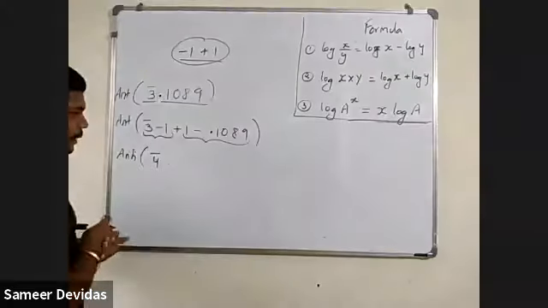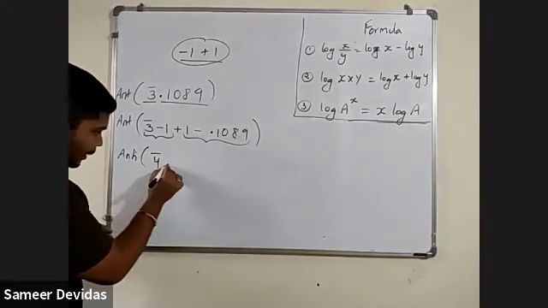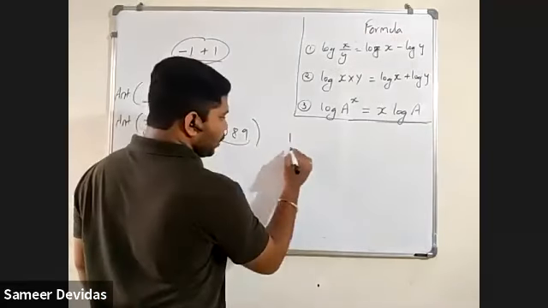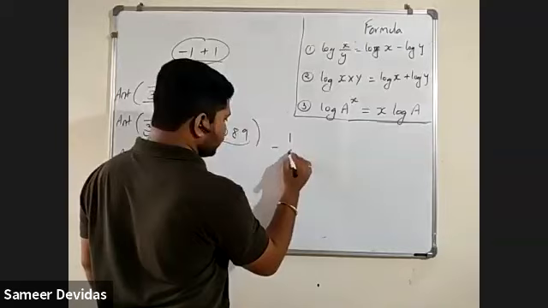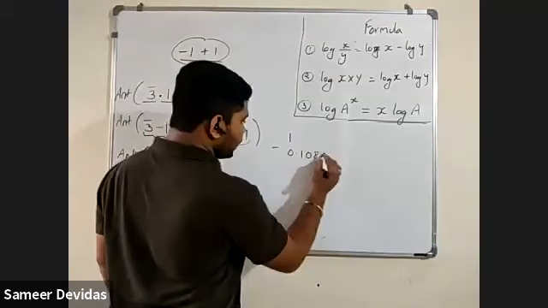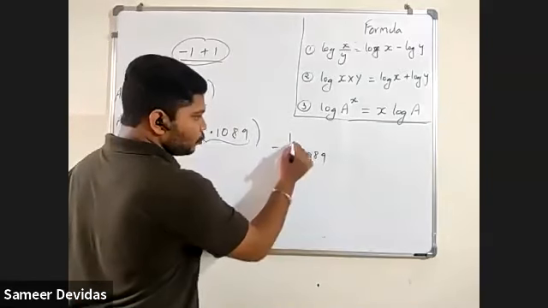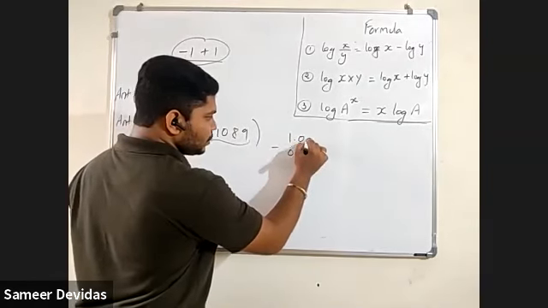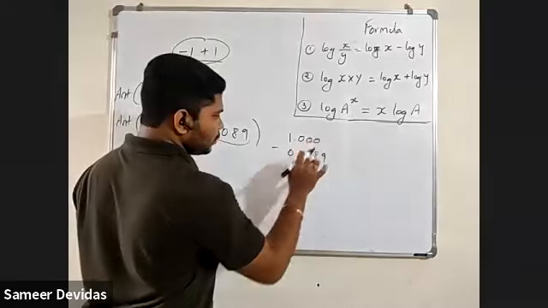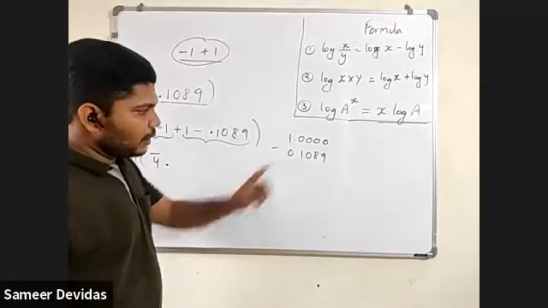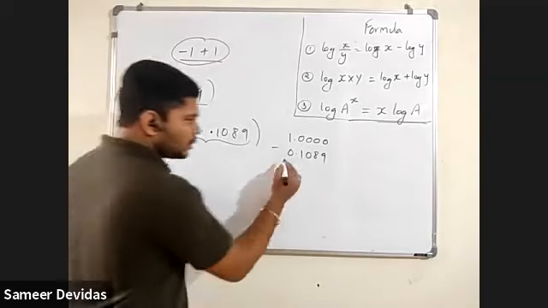-4 point. Now you say point, you have to say point. And this, what is that? 1 minus 0.1089. How will you do this? From 1 you have to remove 0.1089. So it is 1.0000. So from 1, if you are removing this, then what is your answer, students?